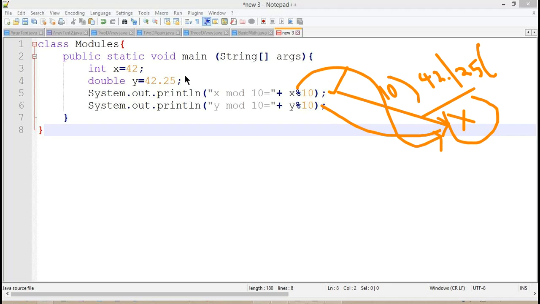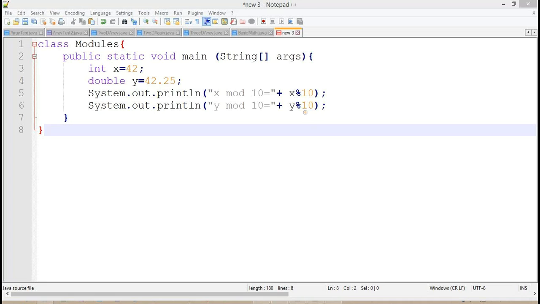What values are we going to get here? In this example, what do we get when we try the modulus operator? Let me save this particular example.